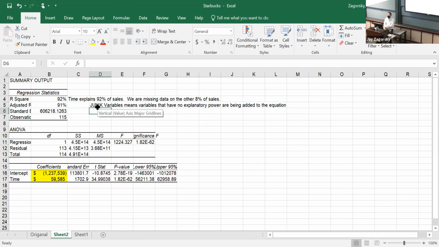You don't have to call them junk. Junk is not the technical term, okay? It's a local Boston term. I'm sure you could find somebody who has far more sophisticated language than I do.